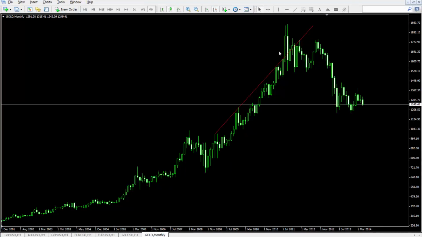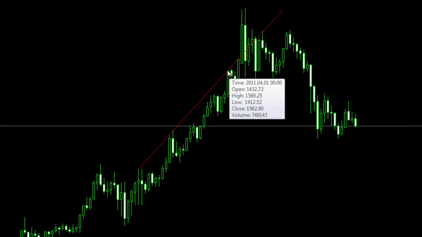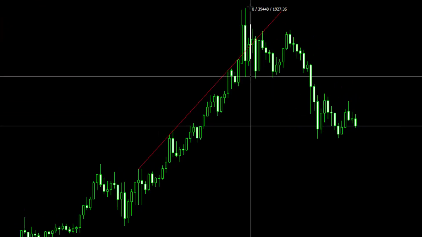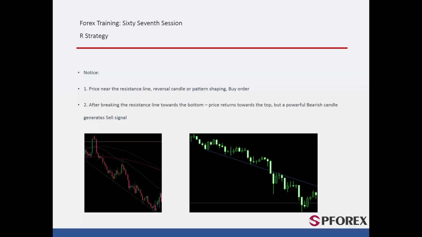On the gold chart, a trader could draw the R strategy that generated a sell order below this engulfing candle. TP price could be 394 pips lower than the entry price. Price decreased 390 pips lower, around $1,171. This sell signal was generated against presumption of some traders who speculated that gold would go higher after the price had reached